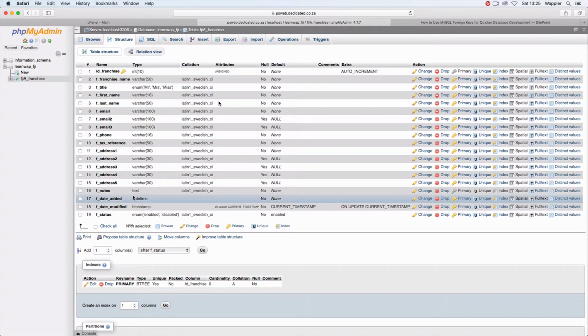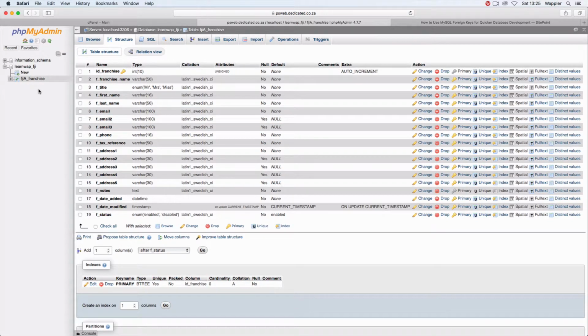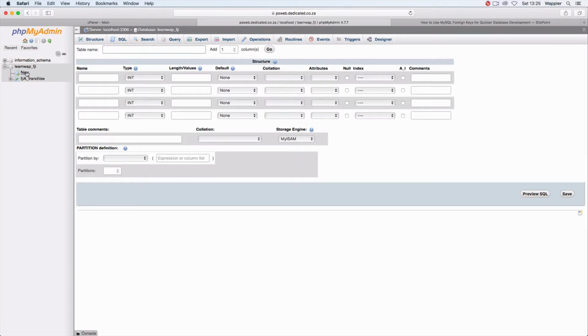There it is there. Moving on, I need to next create the store table. So we've got a franchise. Within the franchise, we are going to have a whole bunch of stores. So from here, new table, and this is going to be called FJRB this time. We've done table A, underscore store, and we need to figure out how many columns we're going to have. So let's just start this. There are a lot of